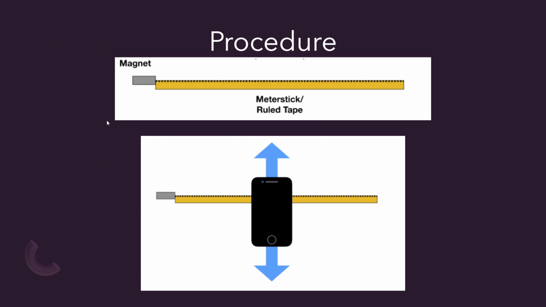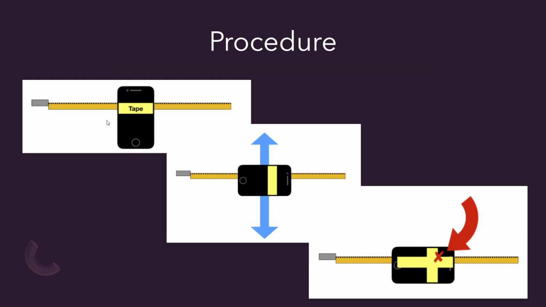And the procedure: you're going to start with a magnet and a meter stick or ruled tape, and you're also going to need your phone, on which you'll have to download a magnetometer app. The process we're going to go through real quick is just finding the magnetometer in your phone. Once you're in the magnetometer app, you're going to want to align it north so that the x is nearly 0. Then you're going to want to shift it up and down